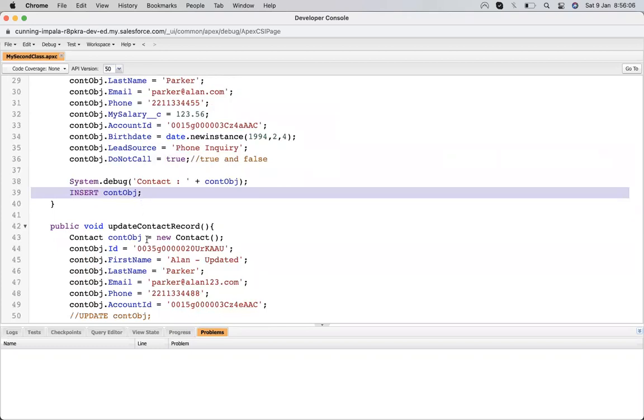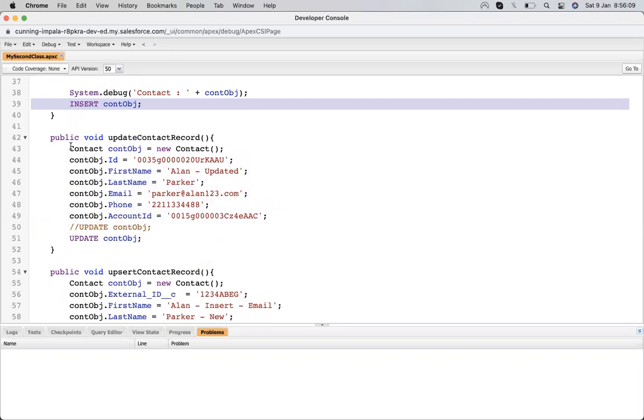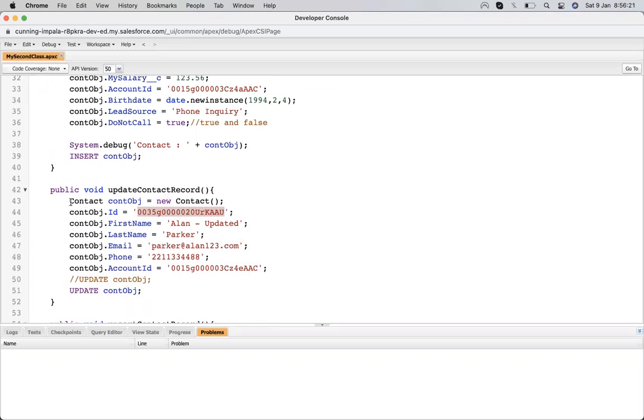Then we just write insert and the instance name, and it gets inserted into the database. We also discussed update. While executing an update command, only one thing is required: the ID of that record. We just put the ID of that record and we are able to update anything. Lookup also requires this: whenever we create a relationship between two records, we need the ID of the parent record, put that ID into our lookup field, and do the update. It will update the lookup value with the new parent record.